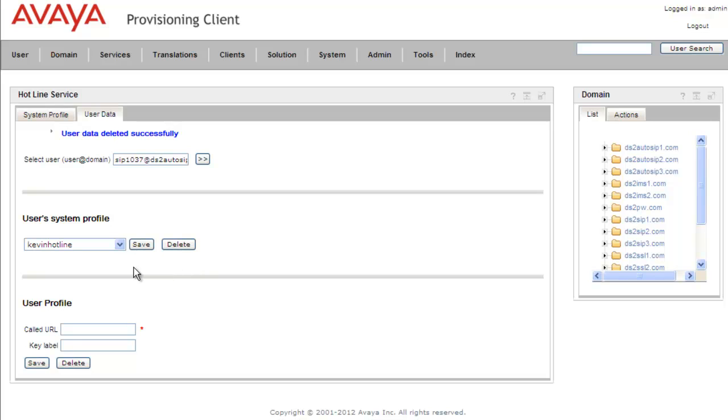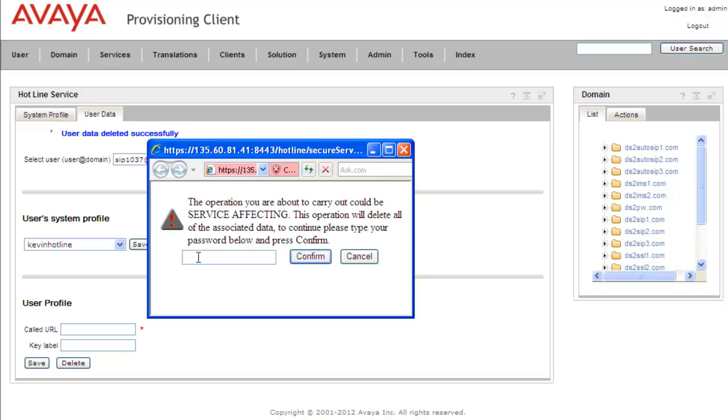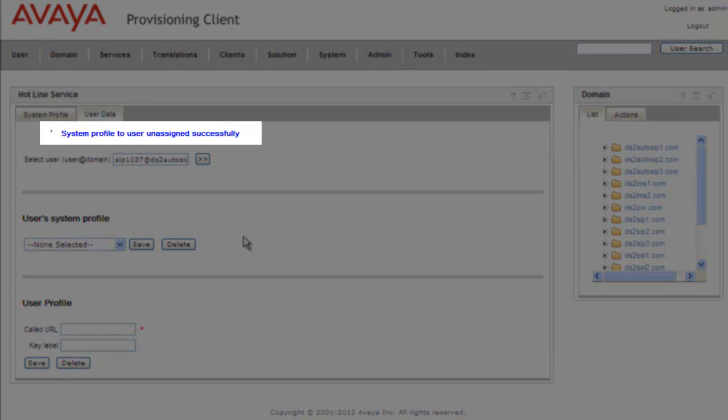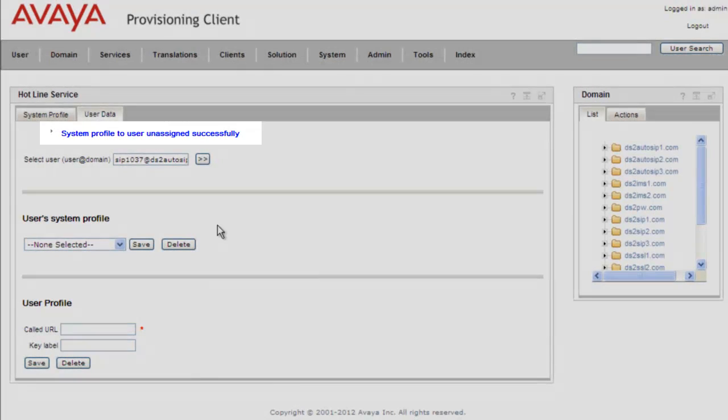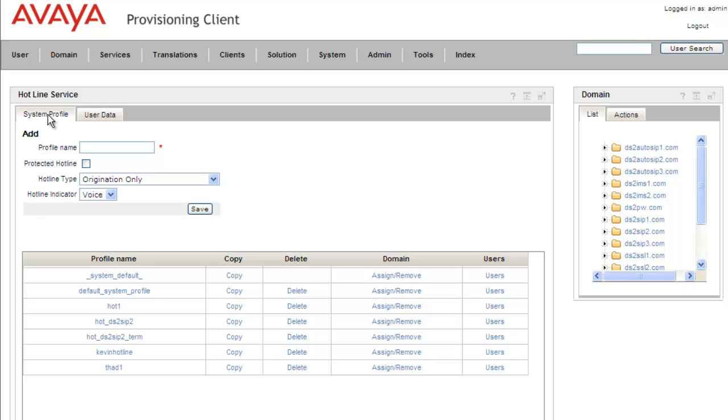The next thing we need to do is remove the user profile, and to do that we just click on delete. Once again, service affecting, so we'll have to enter in the admin password and confirm. And the system gives us a message that the profile was unassigned successfully. And the next thing we'll need to do is remove the profile from the system. So click on the System Profile tab. We can't delete the profile because it's already assigned to a domain, so the first thing we'll need to do